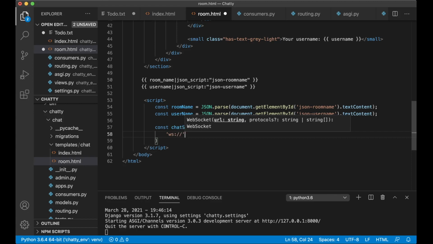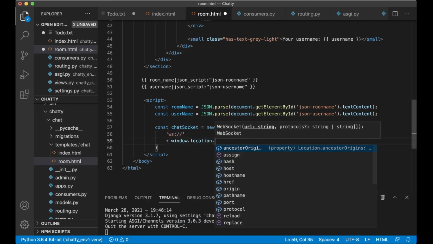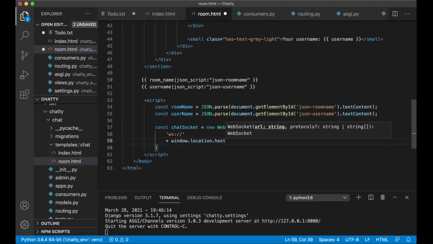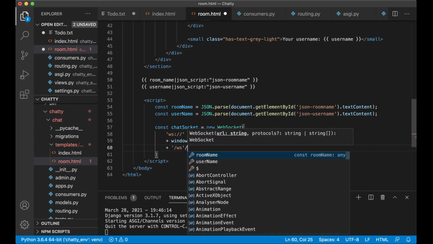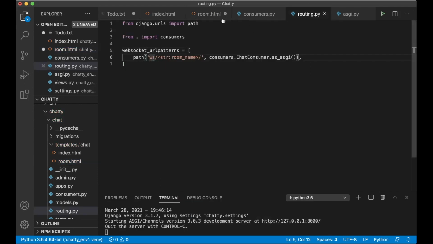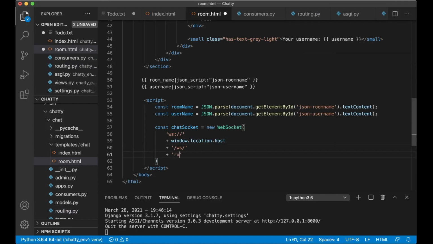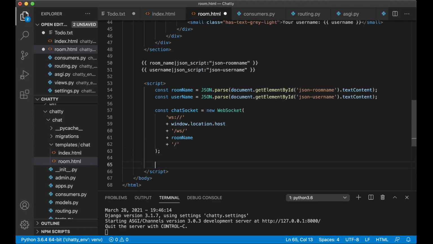vs: plus window.location.host. This is the URL to the backend. Plus /ws, like this, which is ws plus room name, which you get from here, plus append a slash at the end. And when we connect, we want to say chat